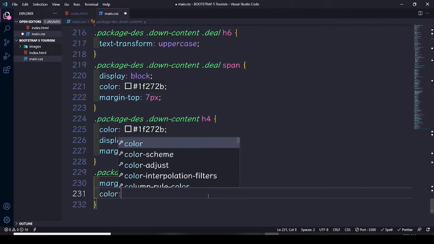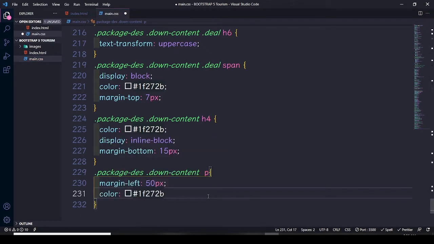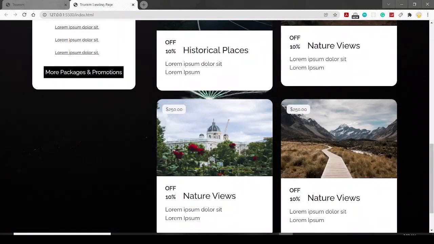And let's add a color here. It's gonna be 1F272B. Font size, this should be 14 pixels. Save it. Move on to the browser. Let's check. Okay,